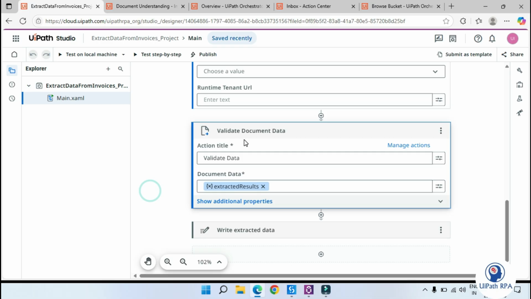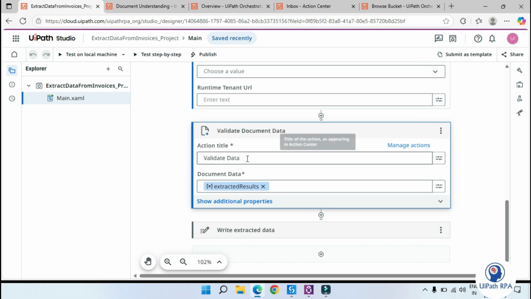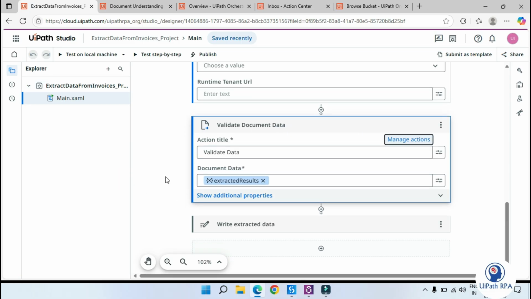It will create an action, a task for the validation, and the title will be validate data. If you want to modify, you can modify it from here. You can say validate extraction results and then hyphen the file name, like that you can do it. Okay, after that,